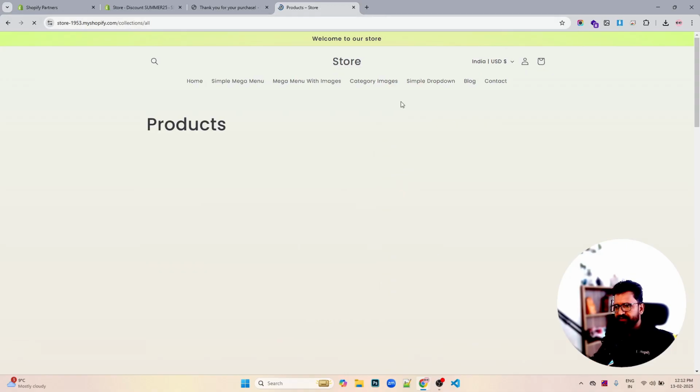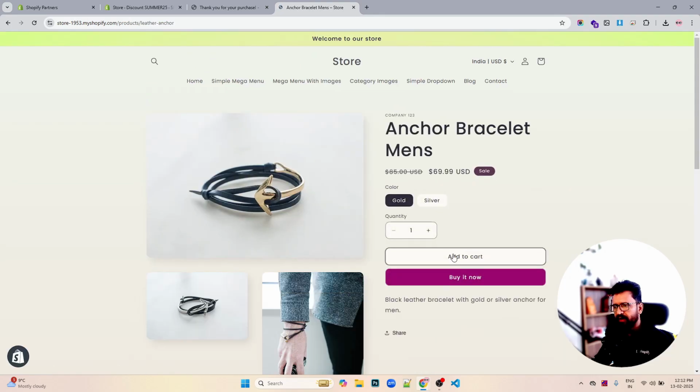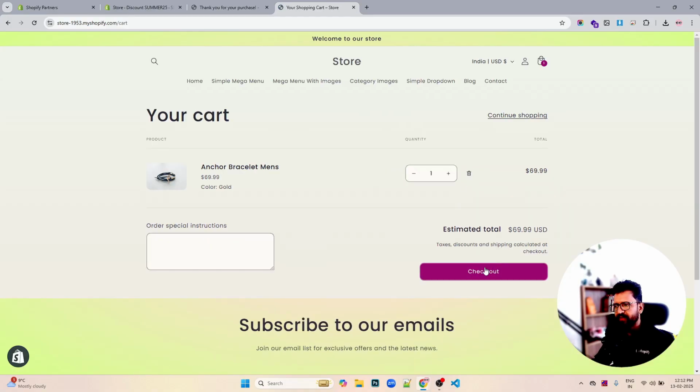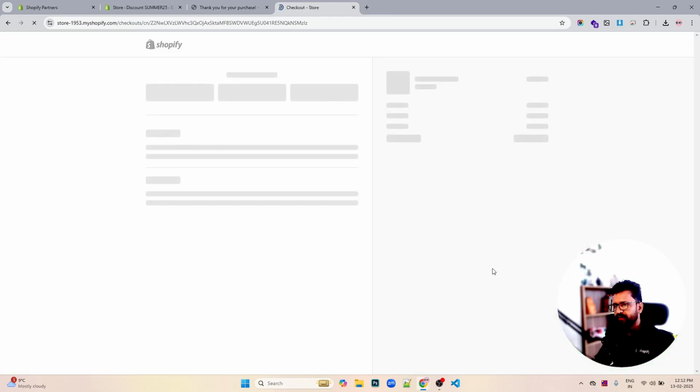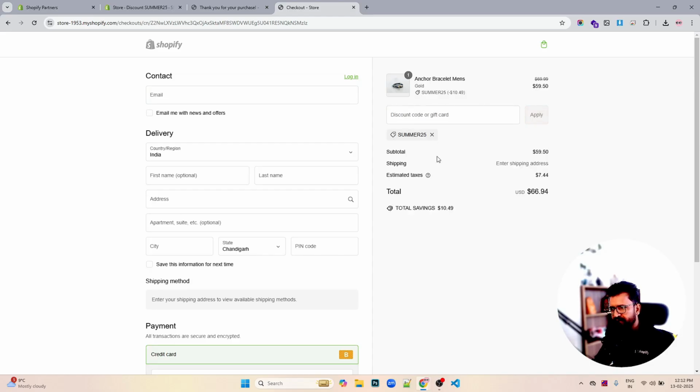Once we go to collections all, I add this to our cart, and I view the cart, and I'll go to checkout. Now in here I can apply this discount code, which would be available by this part. This is through manual